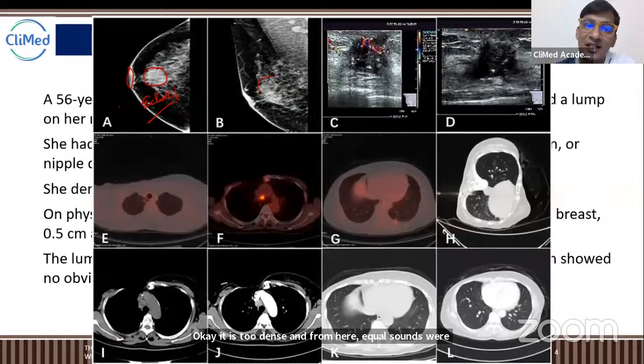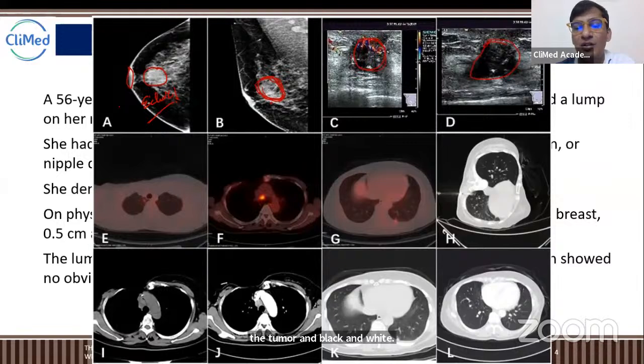So if I see this area from the frontal side, here is the lump, here is the tumor. When we tried the color view, you can see this is the part where you can see the tumor, and in black and white, this is the tumor part, in the ultrasonography.